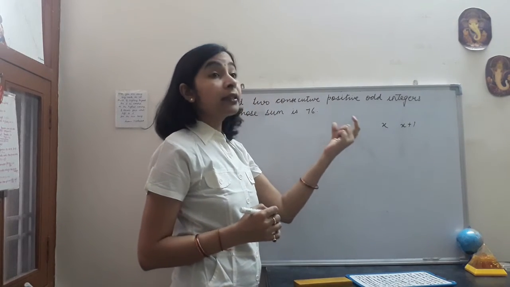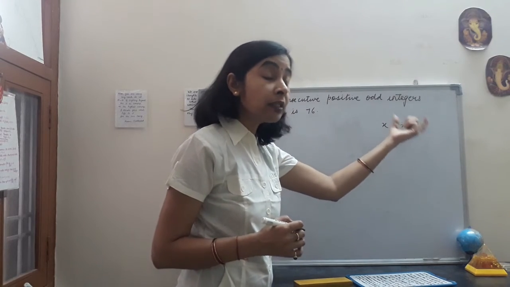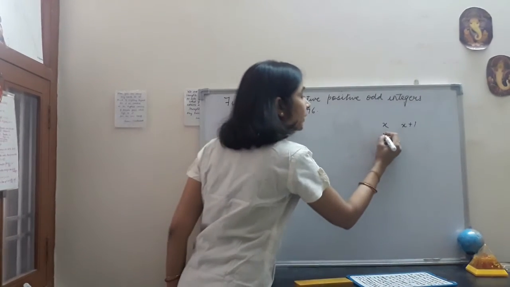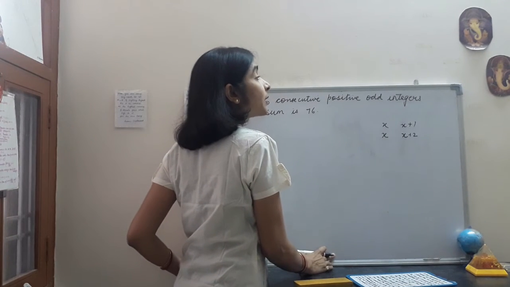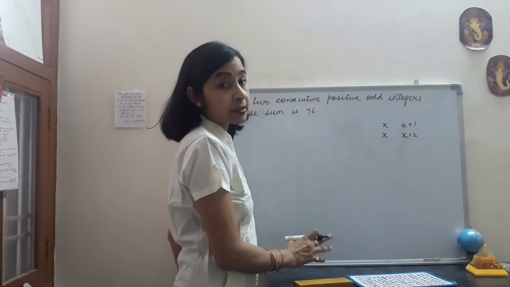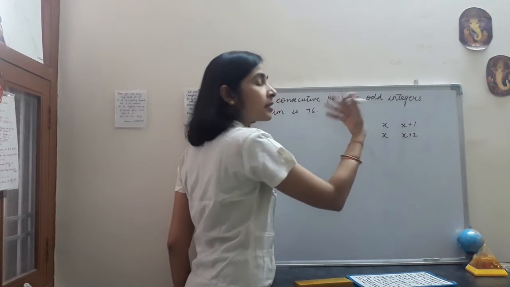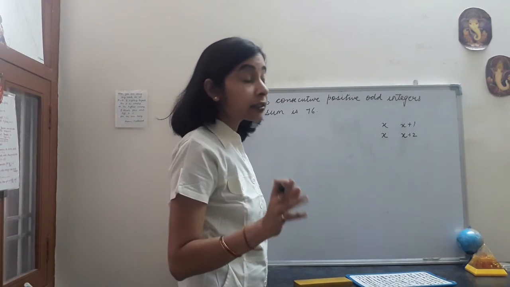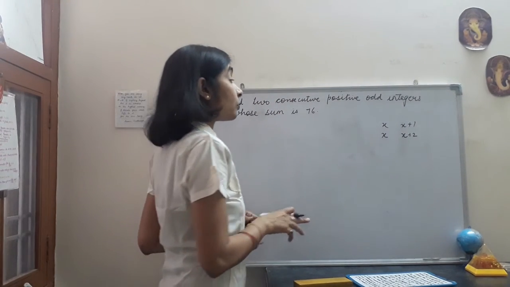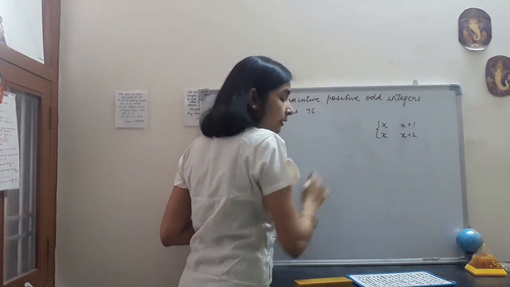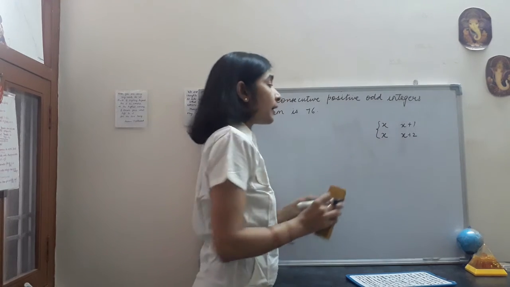But when we are taking two consecutive odd integers or two consecutive even integers, in both the cases what do we take? The first is x and the other is x plus 2, because the difference between two even numbers or odd numbers is always 2. Sometimes the students get confused and in case of odd numbers they add 1 only because 2 is the even number. It is not like that. The difference between two odd numbers is also 2 and the difference between two even numbers is also 2. So whenever we are supposed to find two odd integers or two even integers, always take the first as x and the second as x plus 2.